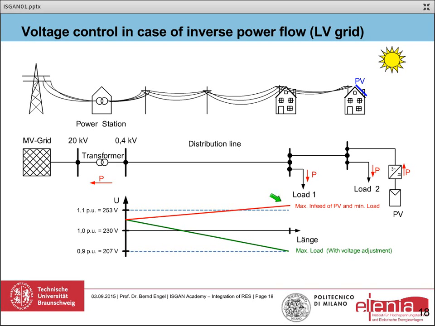So what can we do? We can either have a stronger line, so more copper, a second line to the households to reduce the voltage fall, or we can have, via reactive power, an inductive behavior of the voltage of the PV system, and with that we can reduce the voltage here, so that we keep inside the plus 10% line.